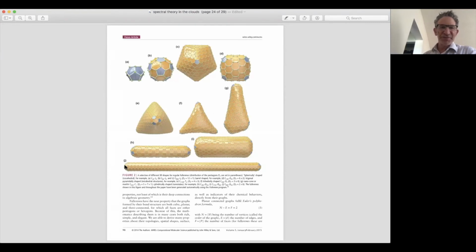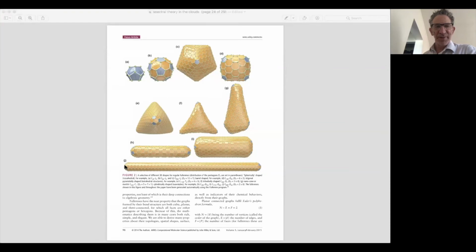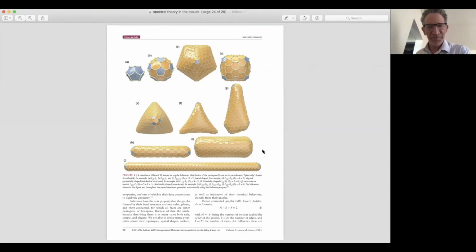Here are Fullerenes. Turns out from the Euler formula that if you have a Fullerene that you only have hexagons and pentagons, they have to be exactly 12 pentagons. And you can see them in these pictures. These are graphs of Fullerenes drawn on a surface. So the purple, or the blue there, is in these cases the hexagons. And otherwise, when you get large, you'll have mainly hexagons. The blue is the pentagon, and there'll be mainly hexagons. This thing's called a nanotube, which will play a role in a minute. Okay, so those are examples of Fullerenes.